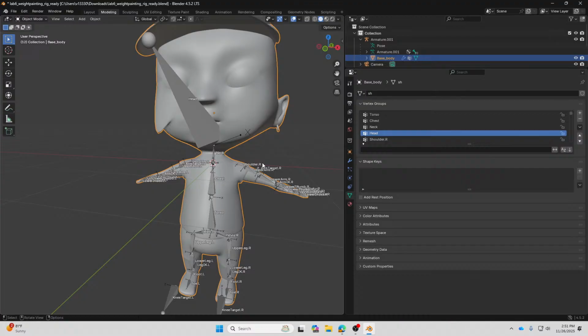Yes, because when you paint with the brush, maybe you paint on this part as well. Delete. You decrease to 0.